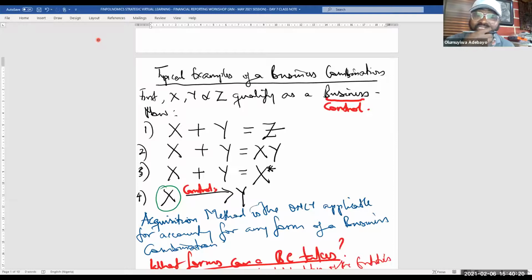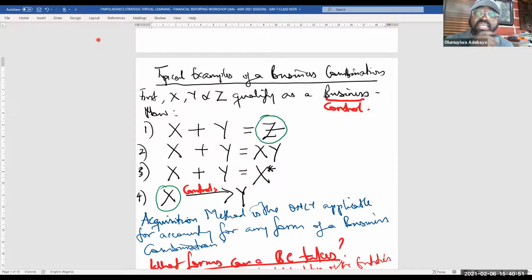We said there must only be one acquirer. Therefore, you are not giving me an option. How do you now separate them? You are this wise man, Solomon. Who should we give? So if X is going to be the acquirer, it means he acquired more interest. Likewise, if Y is going to be the acquirer, it means he acquired more interest. Okay, I will shock you now. None of them is the acquirer. Z is the acquirer.